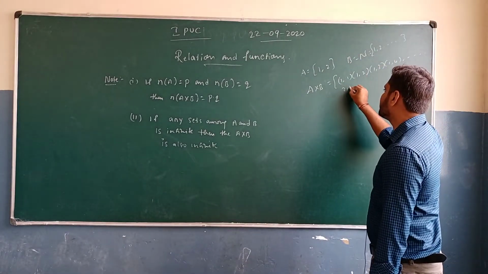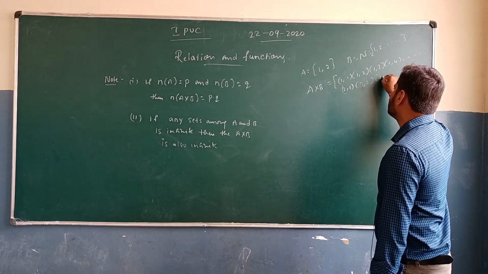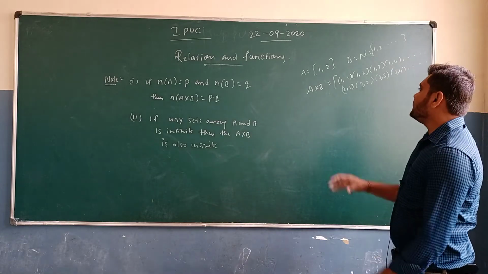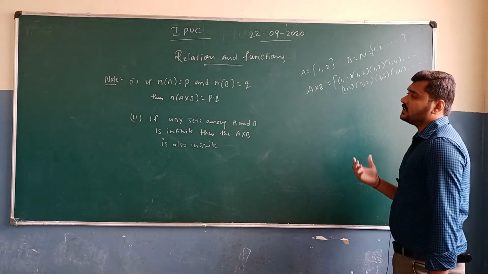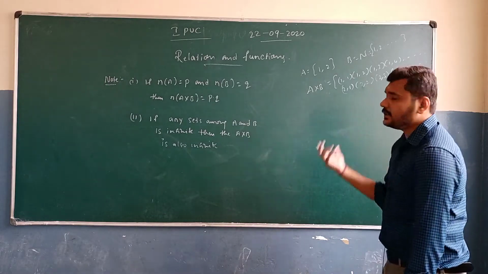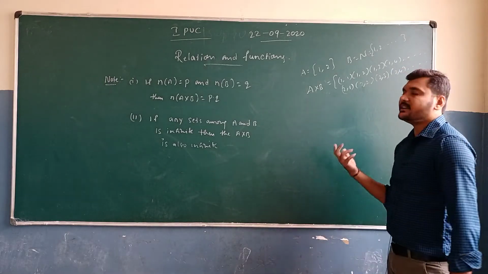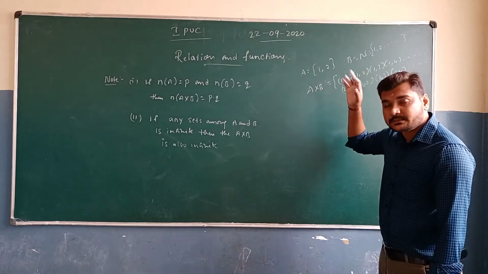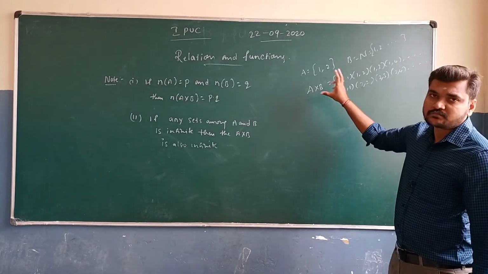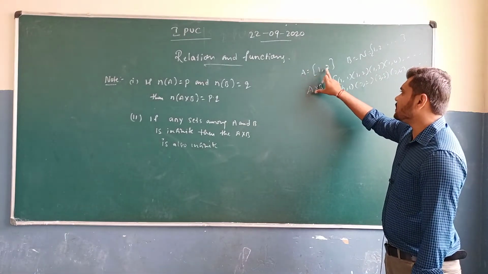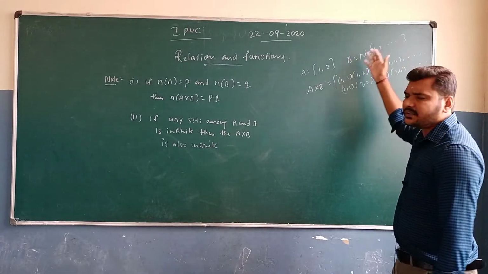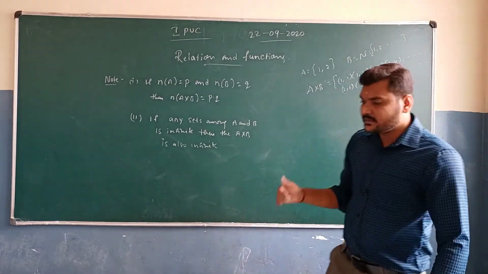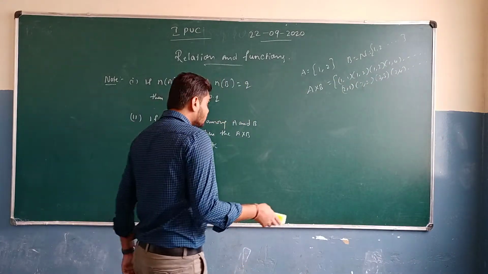What about 2, 1; 2, 2; 2, 3; 2, 4? This is also going on, because at least one of the given sets is an infinite set. Among the given sets, if any set is an infinite set, then we can say that the Cartesian product A cross B is also going to be an infinite set. Okay. So suppose A is equal to 1, 2 and B is equal to 1, 2, 3, 4, and so on, an infinite set. Then the Cartesian product A cross B is also going to be an infinite set. Okay. So this is going to be an example for the second keynote.